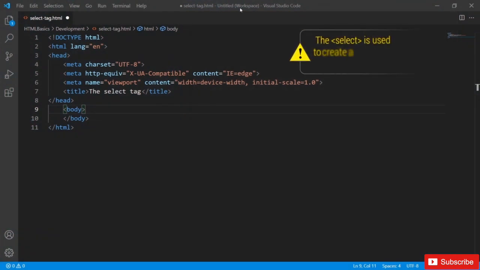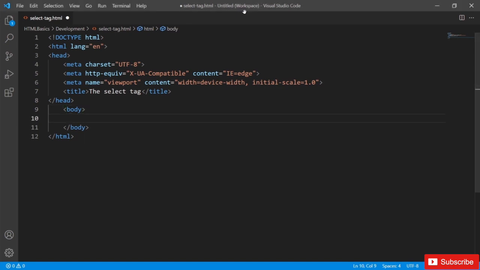The select tag is used to create a drop-down list with various options inside the HTML document. Let's see an example and discuss the syntax. Let's say I want to create a drop-down list for coding languages. So I will define the text first, suggesting what this drop-down is about. And then I will define the select tag, and between these two tags, the list options are given by using the